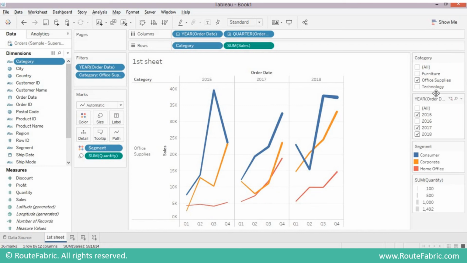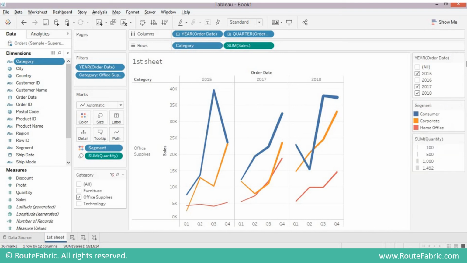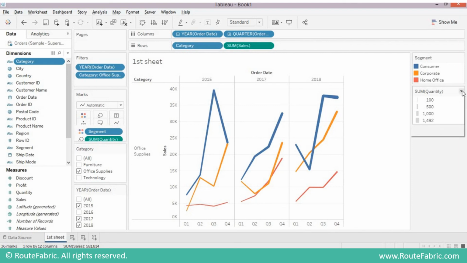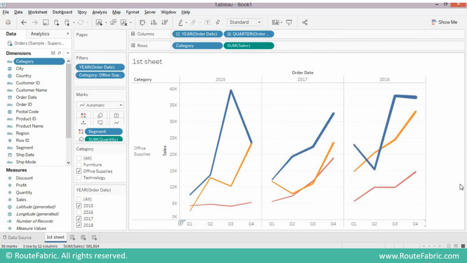You can also change the location of filters. If you want to move it here and move this here, and say we do not want these cards so that our area increases, we can do that as well, so that the middle area and the view size increases.